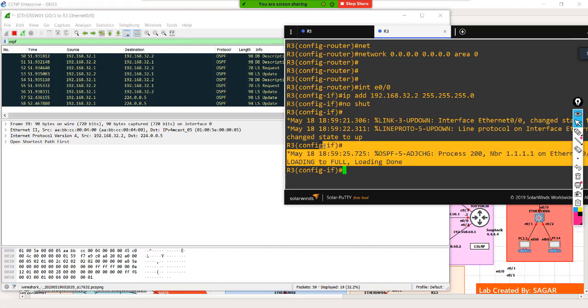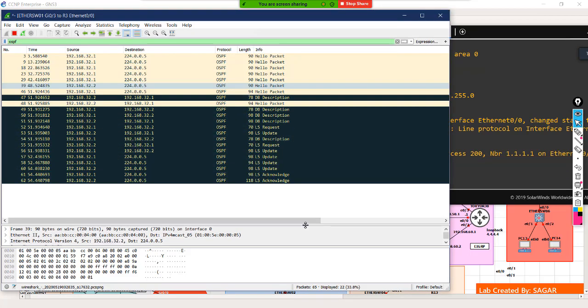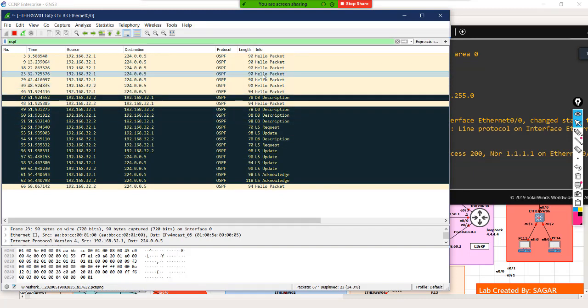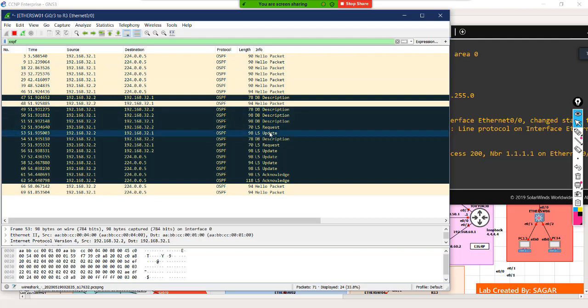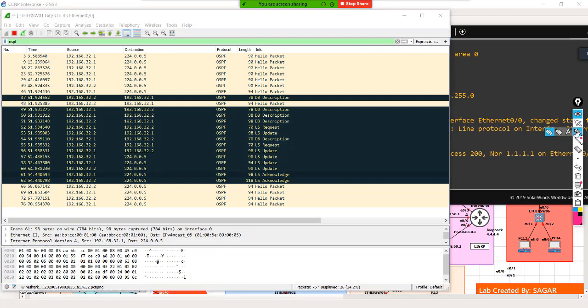So you can see it formed neighborship. What were the things happening here? There were hello packets, then the DB packet, LSR, LSU, and LS acknowledgment packets. So what are these? These are the 7 steps. If you just recall the 7 steps,